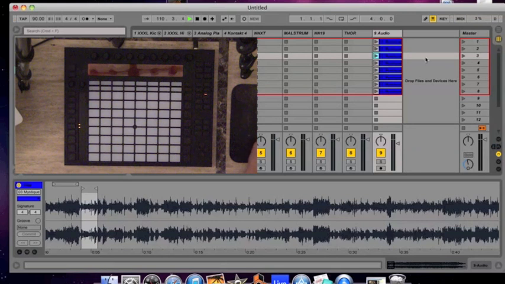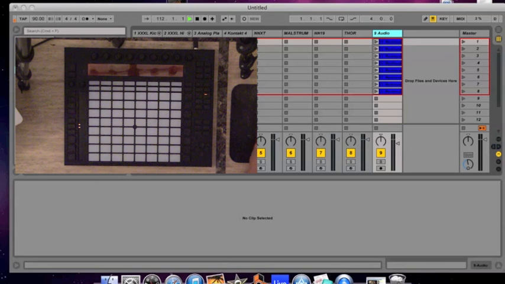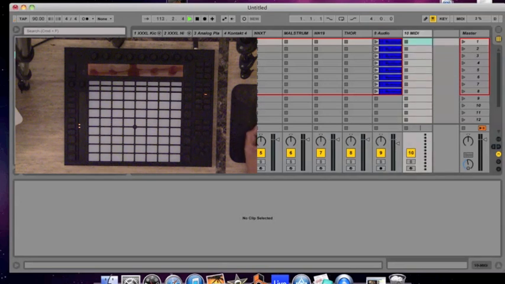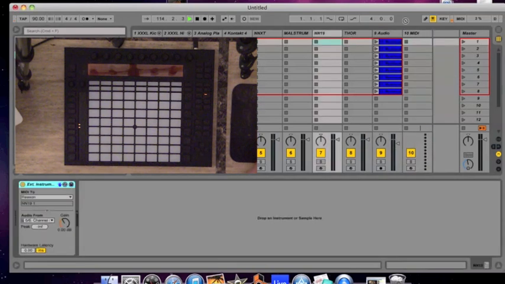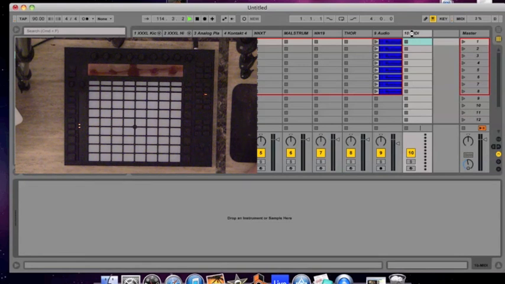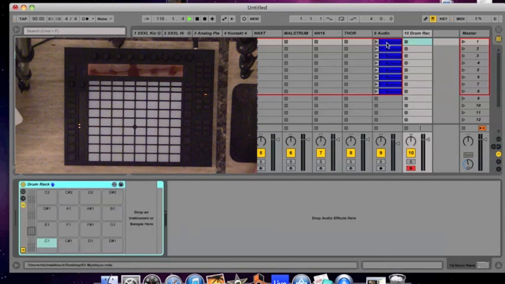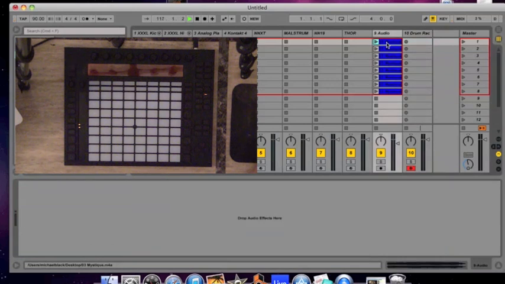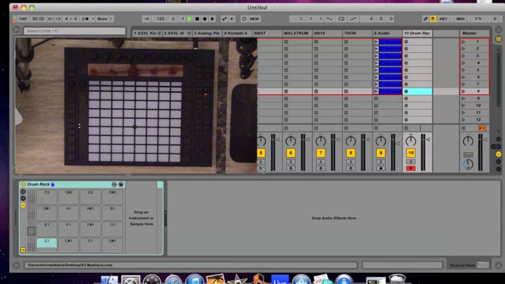I want to get all of these into a drum rack. Just insert a MIDI track. Over here, drums, grab a drum rack, drag it in. Now, you're going to click the top one, hold shift, click the bottom one, and you select them all. Now I'm going to drag this top one over where it says drum rack, and my drum rack will appear. And I just drop it in this first slot, and then all the corresponding chops will drop in the other